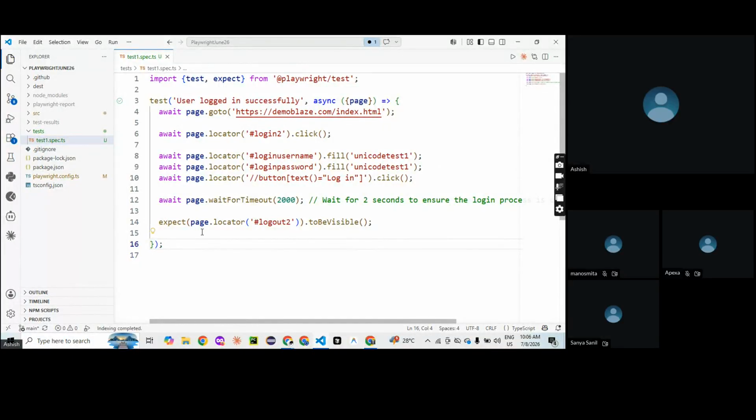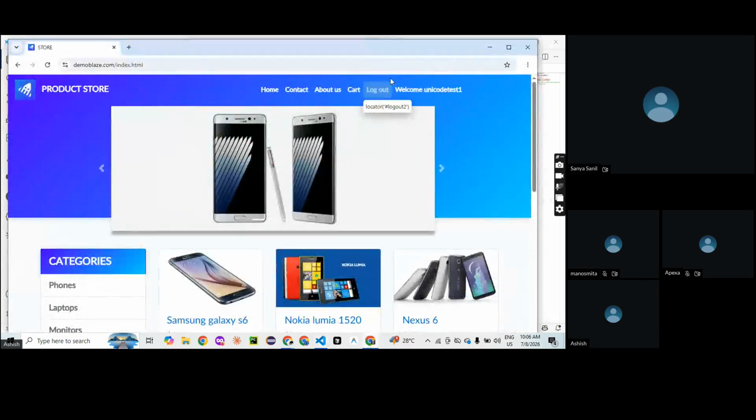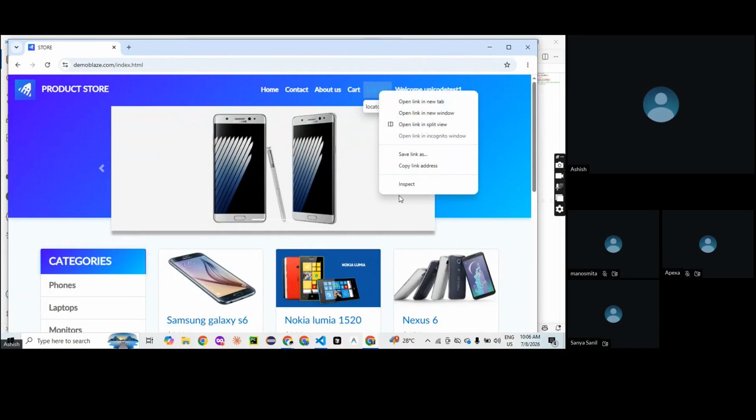So expect is for assertion. यहाँ तक क्लियर है, यहाँ तक समझ आया आपको? सर ये हैश लॉग आउट टू जो है वो लॉगिन पेज का लॉग आउट का लिंक का लोकेटर है, एक्सपाथ सीएसएस है ये जो है। सर एक बार वो पेज में बताओगे सर? हाँ हाँ श्योर। ये पर्टिकुलर जो लॉग आउट है उसका लोकेटर जो है दैट इज दिस वन हैश। ओके, अगर आप करोगे, इंस्पेक्ट